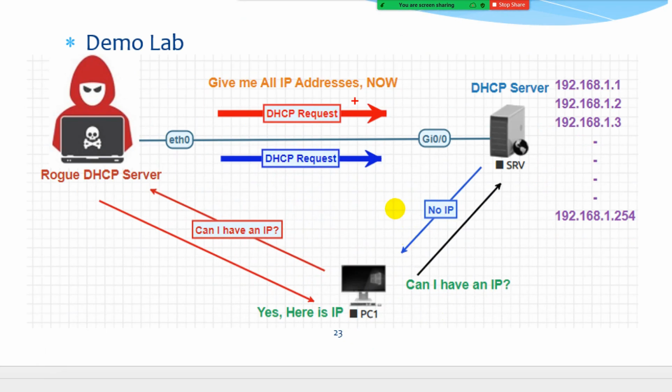So before we did this attack, we got all the IPs. The real DHCP has no more IP to give to the client. So when a new client comes and asks, can I have an IP? The real server says, no, I don't have any more IPs. Because DHCP is a broadcast packet, the client will broadcast, and then